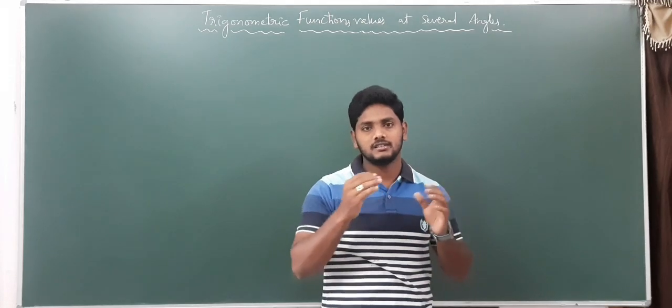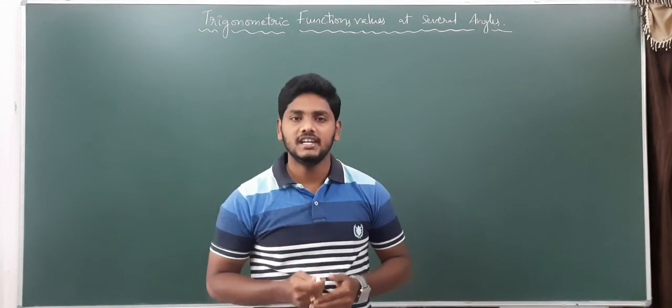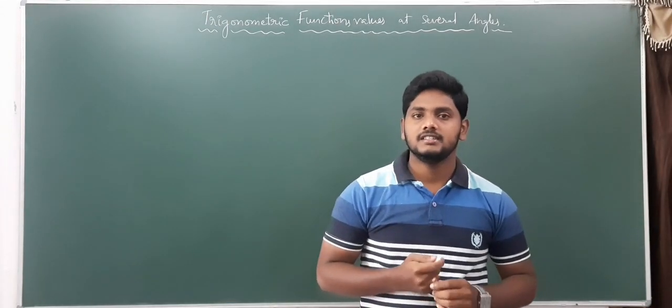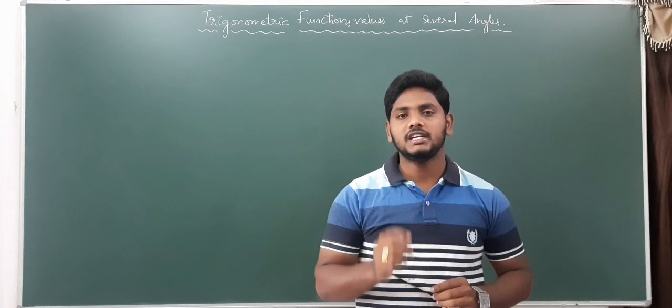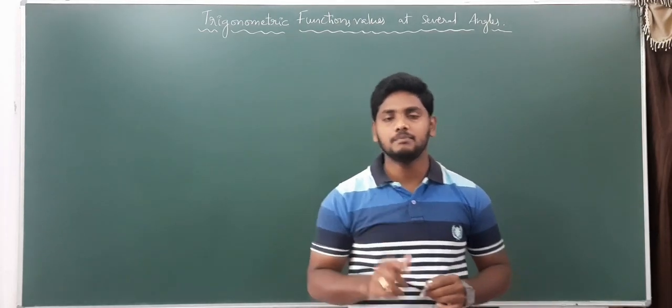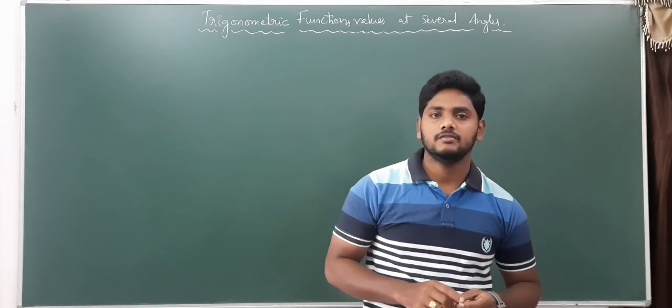Based on that, cos, tan, all those we will know. But what about sine 18 degrees? What about cos 18? What about tan 18? See that tan 18 is nothing but tan pi by 8. In the previous session, in the miscellaneous examples, we have done that problem. But what about sine 18, cos 18?